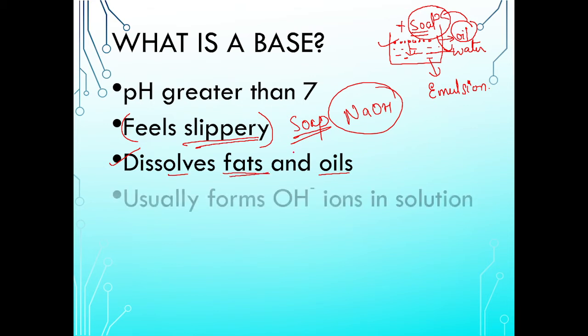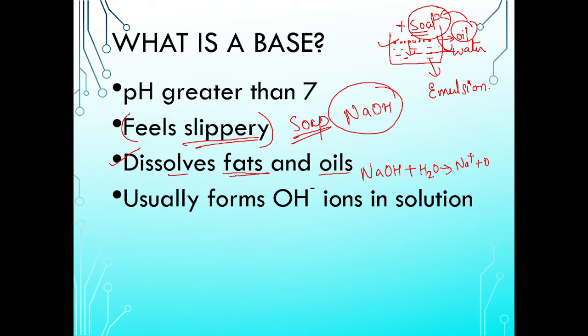Clear? Now, we know that whenever a base is dissolved in water, whenever you try to dissolve a base in water, it is always going to release OH minus ion. Okay, so OH minus ion is obtained in solution of a base. Now